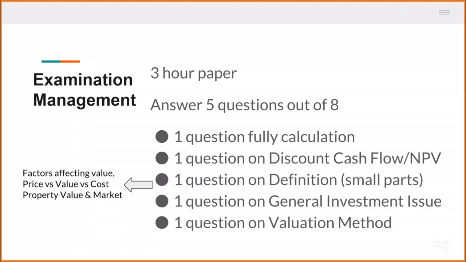Then last is the valuation method question, where you target maybe one or two. Usually valuation method questions come out as standard, maybe 2 questions. So you target one, and then the calculation question, target one also. The remaining you just choose in between. That is the way you can answer about 3 good answers and 2 average answers. Then you should be able to pass this paper.